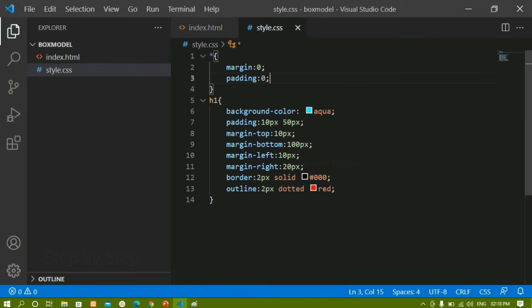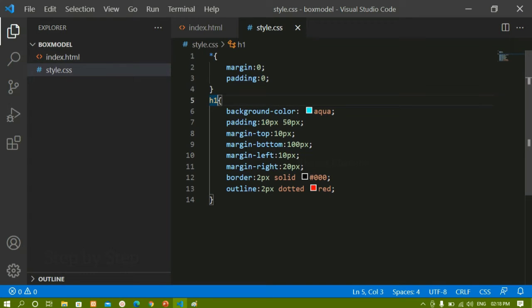Now if I write this after this one, whatever values I'm having here will be applied and this will be overridden. This is not going to be taken by this H1 because here I'm having this, then second I'm having this one. So whatever I'm having at the end takes the higher priority and will be applied. For H1 all these things will be applied, but for paragraph and UL list this will not be applied because we have not given any styling for that.